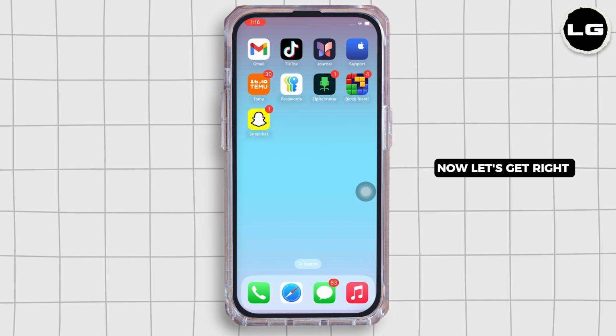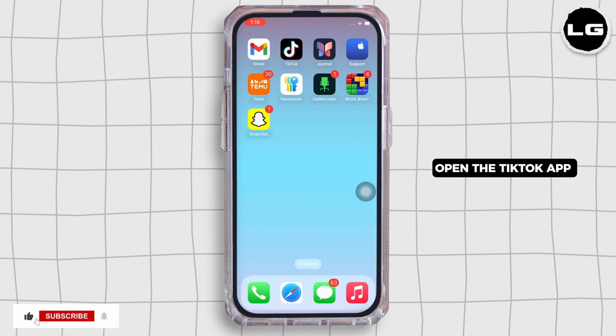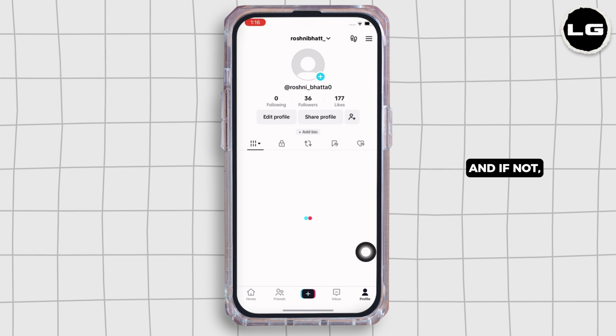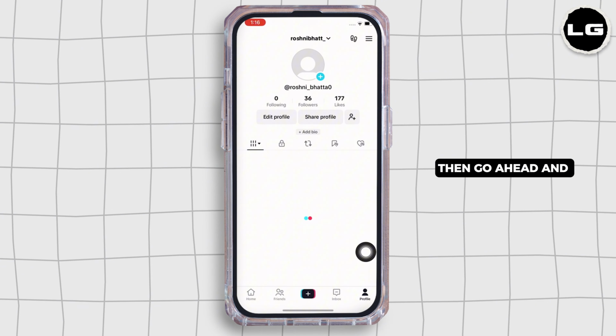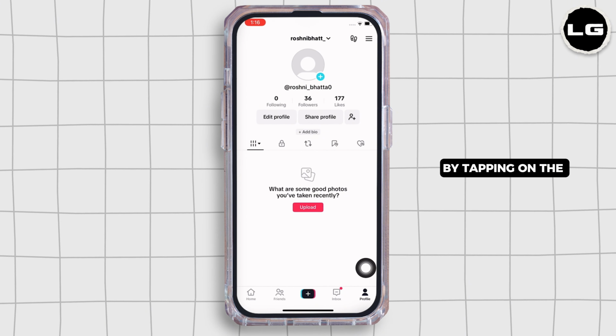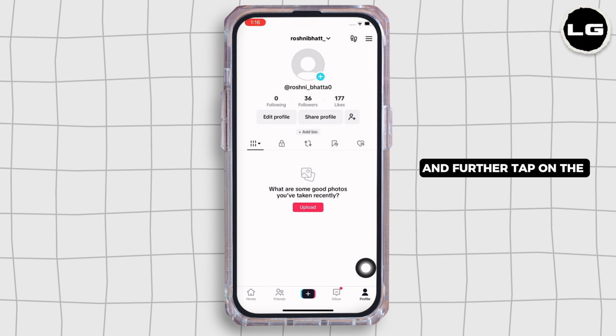Now, let's get right into the tutorial. Firstly, go ahead and open the TikTok app on your device. Make sure you are signed in, and if not, then go ahead and sign yourself in. Now, go to your profile by tapping on the profile option on the bottom right of your screen and further